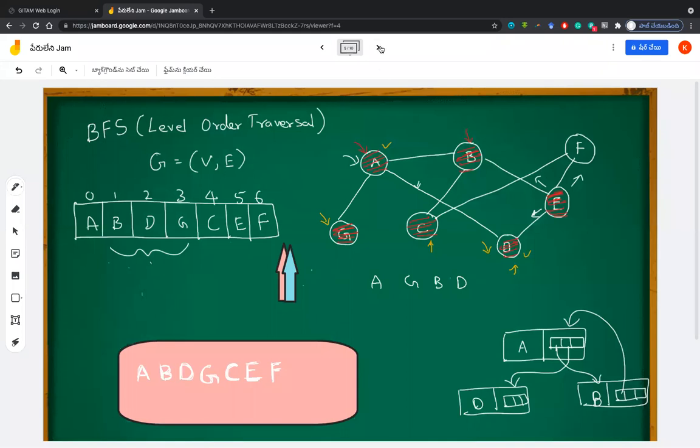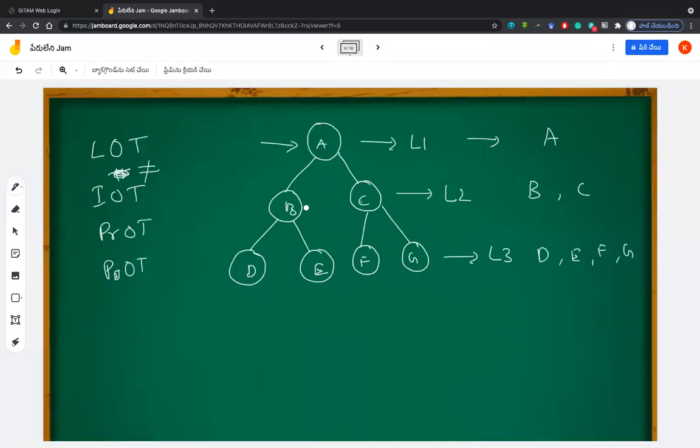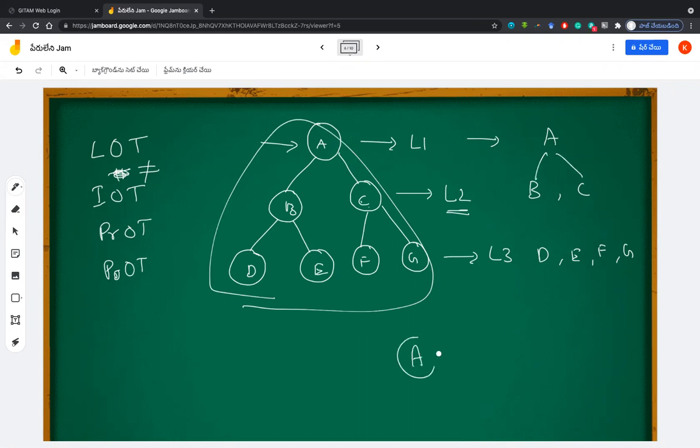So that is the reason why I have told you for A, B, C are the next children, right, which are connected to A. So this is the next level. So in the same sense, if you think that this is a graph, sometimes I told you, right, trees are also considered as graphs. So A is connected to B and C. And that is the reason when I am going for A, I am also getting B and C. And what are B and C connected to? D and E. And what is C connected to? F and G. What is D connected to? Nothing. E nothing, F nothing and G nothing. And this is how the level order traversal will be.